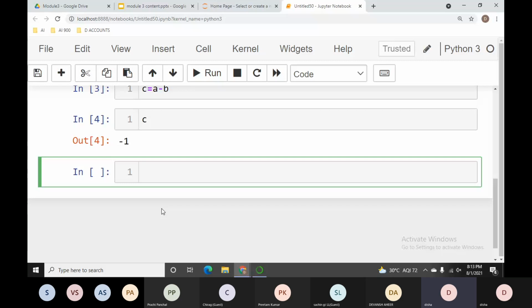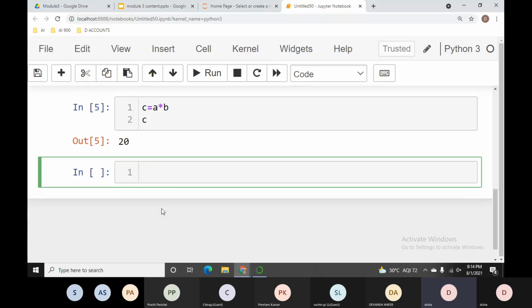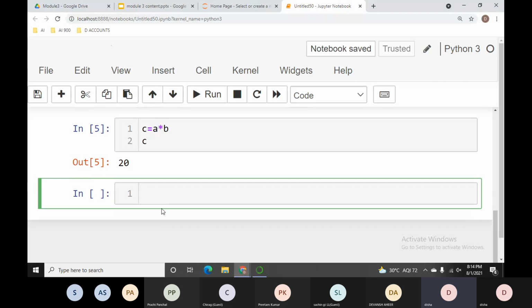Now another one, multiplication. I write A multiply B. The asterisk sign means multiplication, so you put the result of this multiplication into the new variable C. 4 multiplied by 5, the result is 20, right? These are very simple and we are all aware of these operators, but this is for practice.